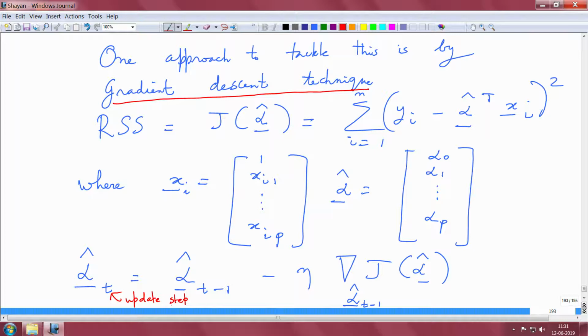So, this is my update step and this is discrete: alpha hat at time t is alpha hat at time t minus 1, minus some eta, which is a learning parameter or learning rate, times the gradient of the cost with respect to alpha hat at time t minus 1. So, it is a negative gradient, and therefore there is a negative sign sticking here. So, this is the update rule, and using this update rule